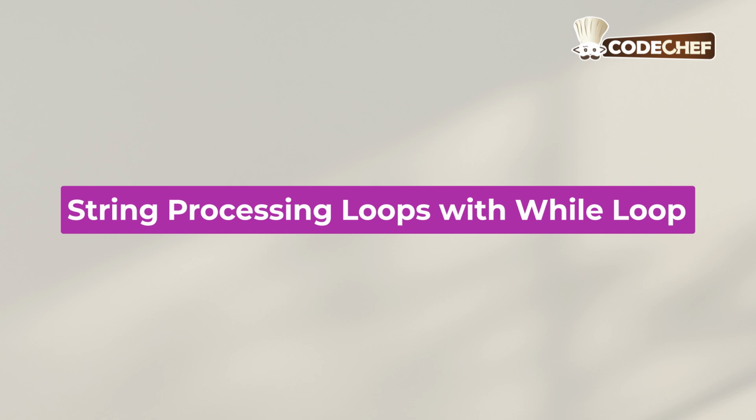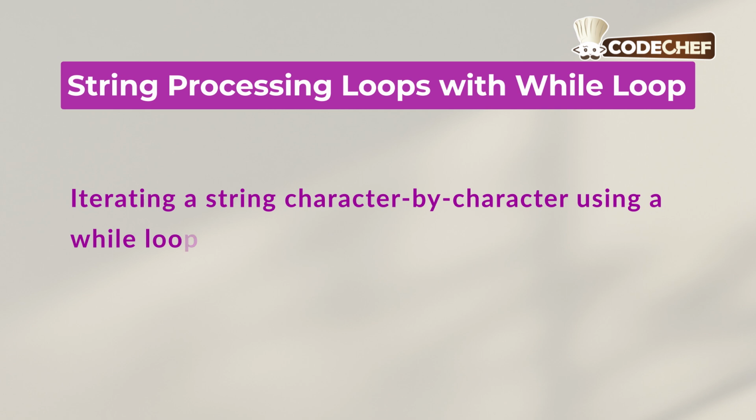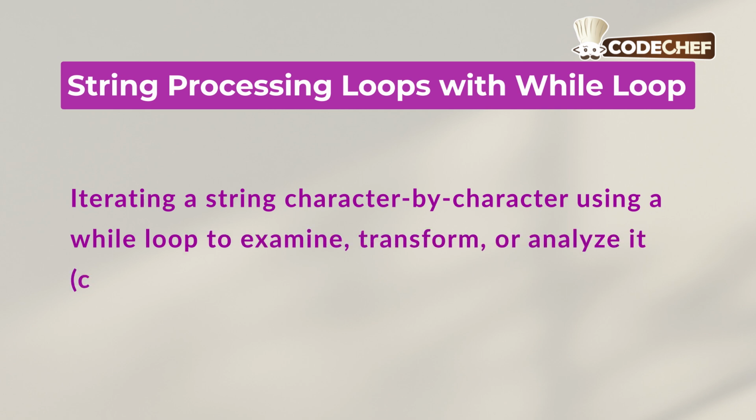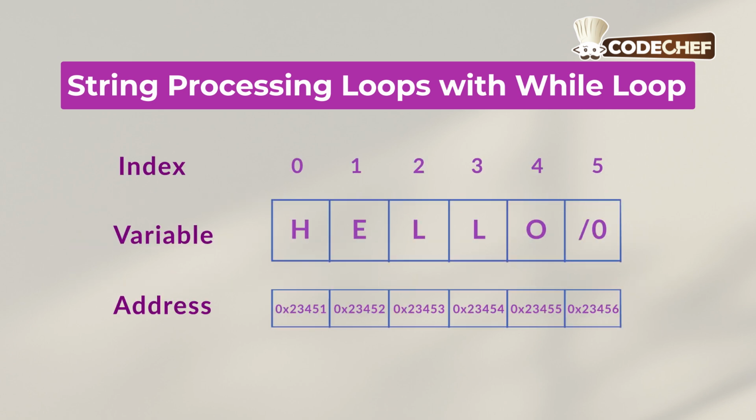Last but not the least, string processing loops with while loop. So iterating a string character by character using a while loop to examine, transform, or analyze it, which means it can be used to count characters, search substrings, or parse tokens. Why do we use it? In case of string processing, while loops can be used when we need index manipulation, like skipping characters or perform look-ahead operation. Let us go to the CodeChef platform to see how to perform string processing using while loop in